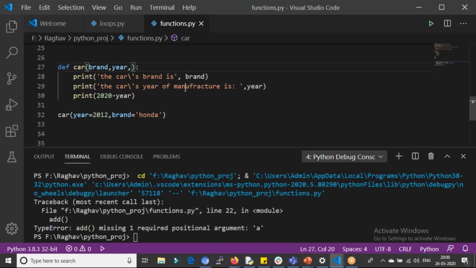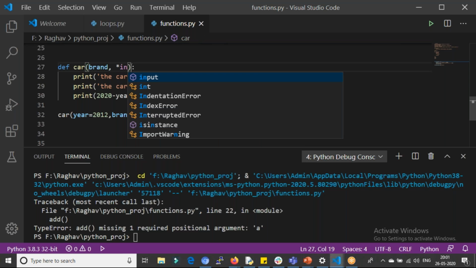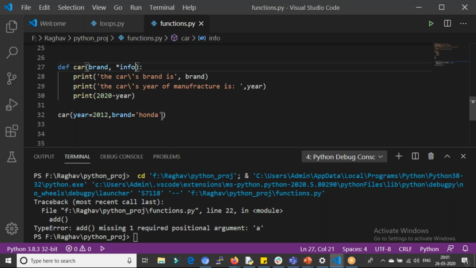So for different people, let's say we give different inputs. Then how can I link them both? Let's say brand is a must, and I'll take the rest of the arguments as info. The first thing over here is brand.